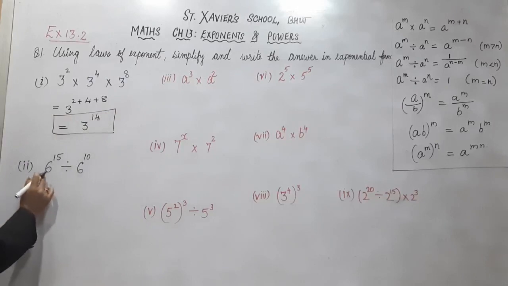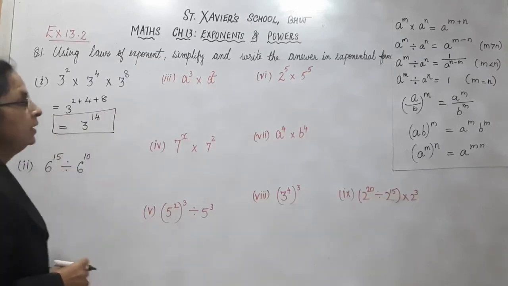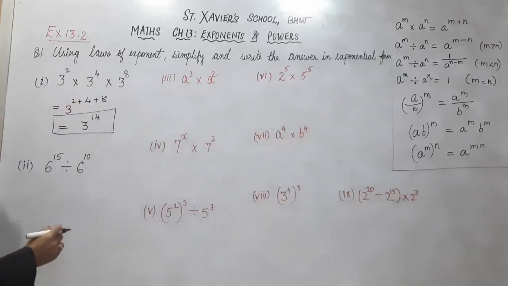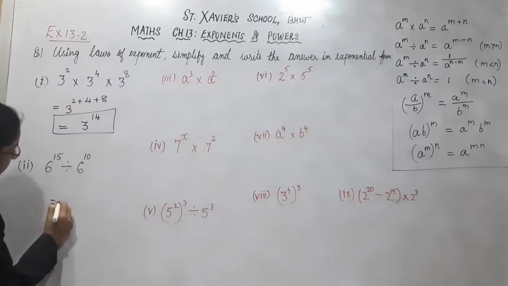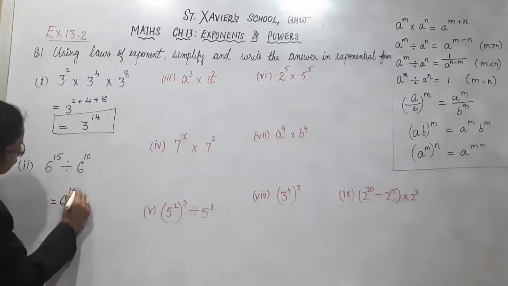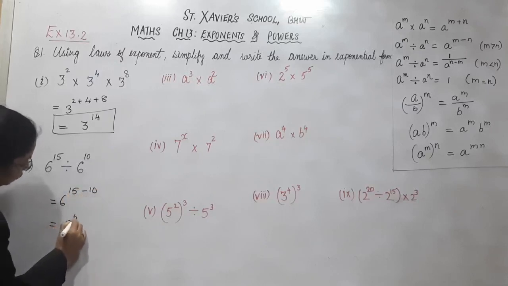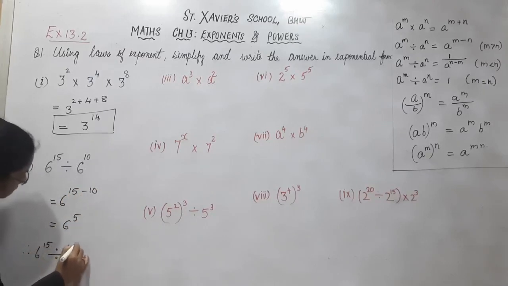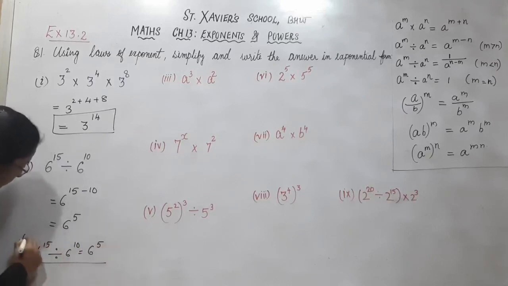Second question. 6 raised to 15 divided by 6 raised to 10. A raised to m divided by a raised to n is equal to a raised to m minus n. So 15 minus 10 will be the answer. That is 6 raised to 15 minus 10 is equal to 6 raised to 5. Therefore, 6 raised to 15 divided by 6 raised to 10 is equal to 6 raised to 5. This way all the answers you can write